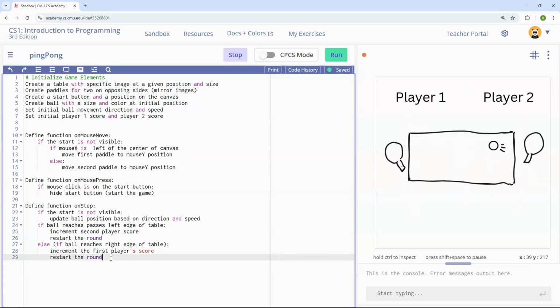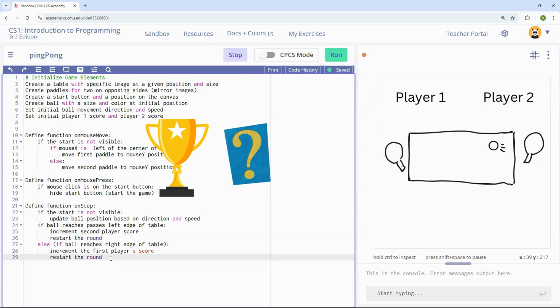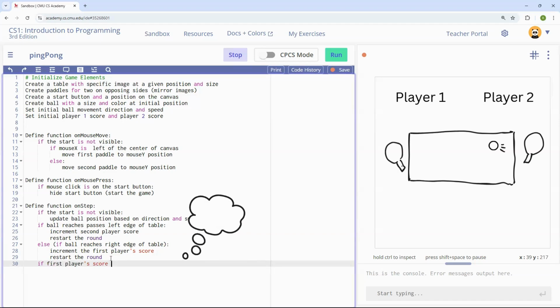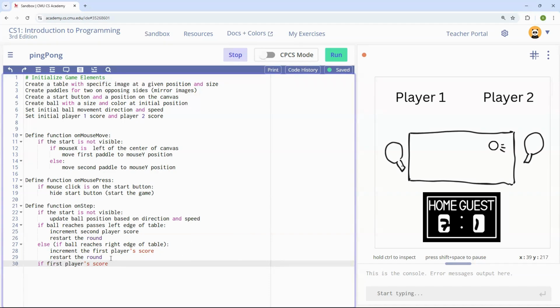So now that we have a way to actually win the game, how do we win a round? Sorry, how do we make sure they actually win the game? So we can say that if the second player or if the first player score reaches, let's give it a value, like let's say out of 10, or I guess in this case we can do out of 7 because 7 is my favorite number. So if first player score reaches 7,